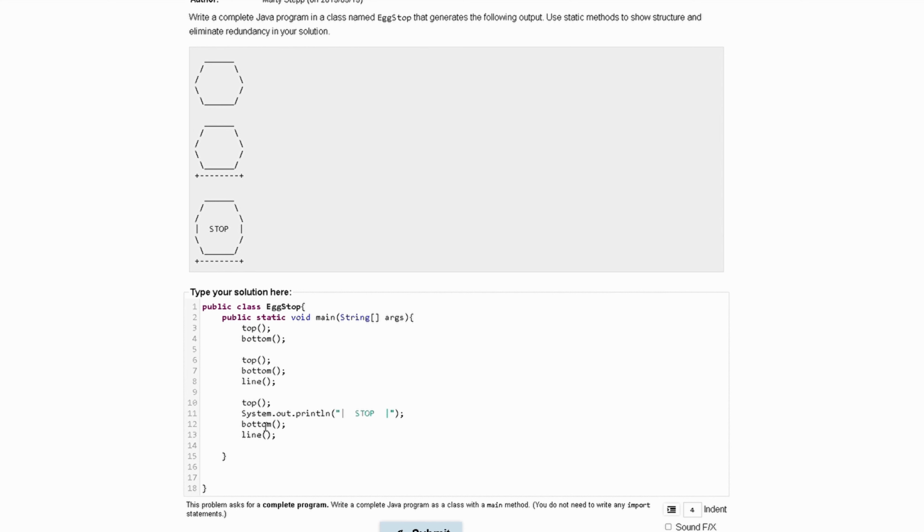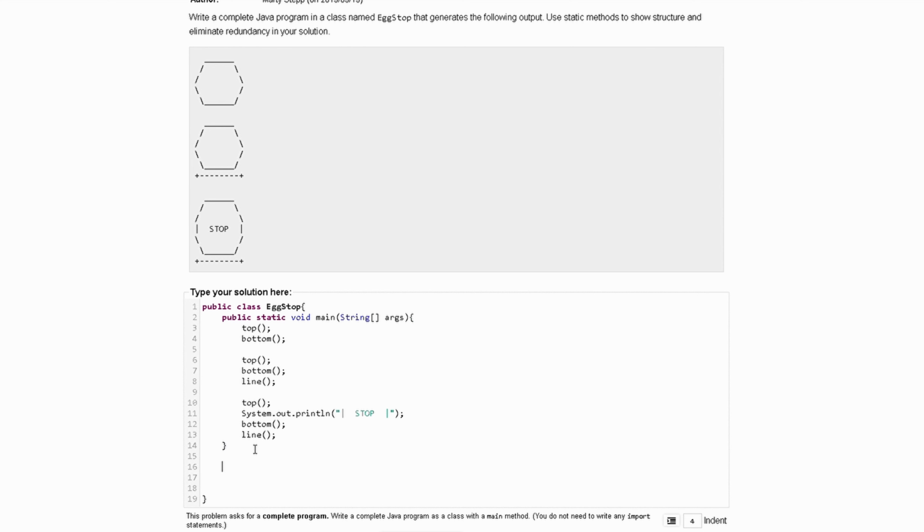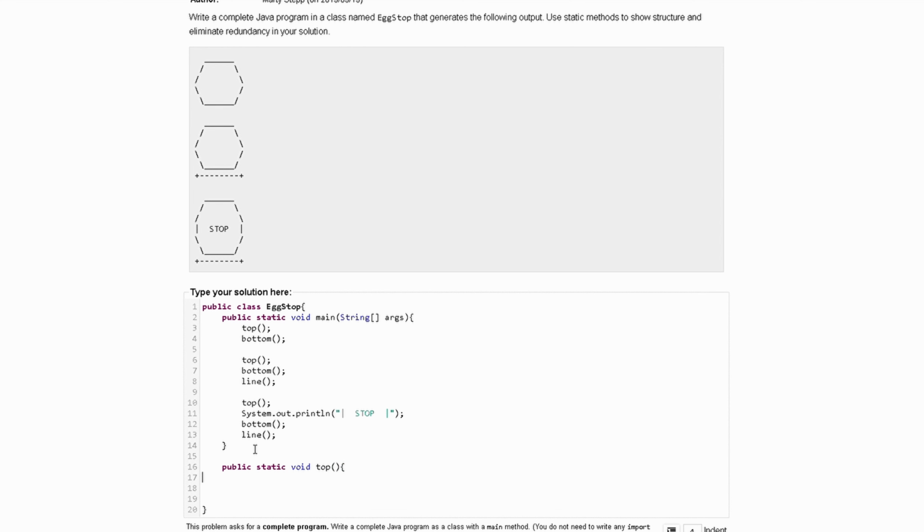Now that we have all of these methods in place, we can actually write our methods. So we need our methods to look like how they will in the output. It'll be a public static void, and then the name of our method, which is top. And now we are in the method. In our top method, we are going to have a System.out.println, and it's good to copy this so that we don't have to keep writing it out. We are going to have 2 lines in our top method, the first being this output right here. So we can copy that and paste it in here, just like this, and then we can have this line,